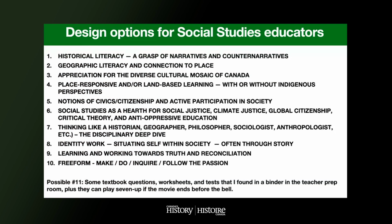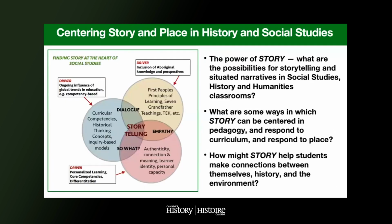And I feel like my primary job is to avoid the possible number 11, which is just to grab a textbook and some worksheets and hope it goes okay for kids. So within that context of how to teach, what to teach, and looking for a role for place, I think